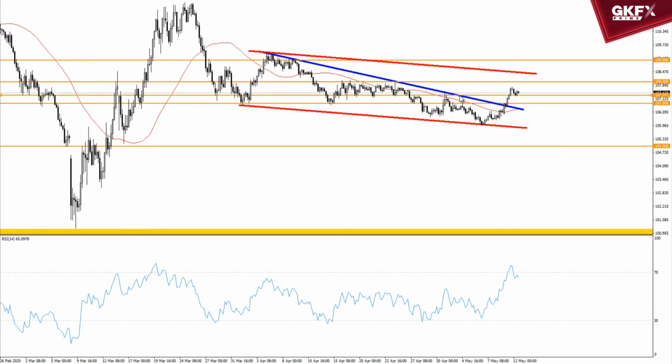But a test of this old peak, if the market is aggressive and is accelerating, then we may already have had our pullback and then be setting up for the next leg up. If not, look another 50 pips lower down to 107, down to this rising trend line for a potential revamp point from down there.